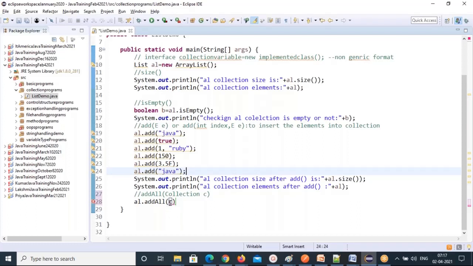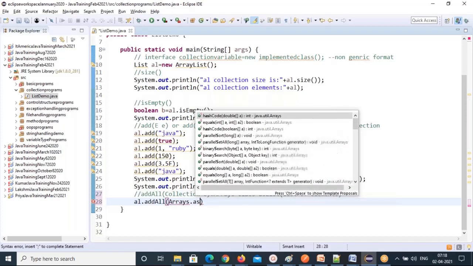So I want to specify a collection of elements. I can specify that using the Arrays class, sorry, Arrays class. The Arrays class has an asList method, and specify all the list of elements. So this is the one I'm going to use: Arrays dot asList method.